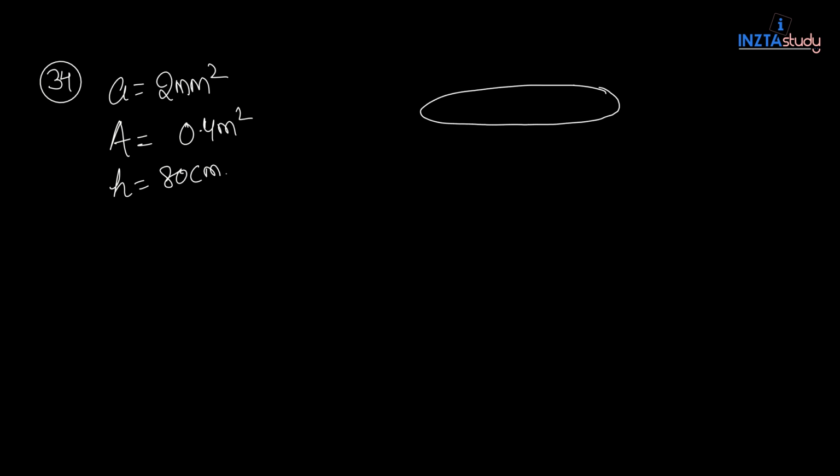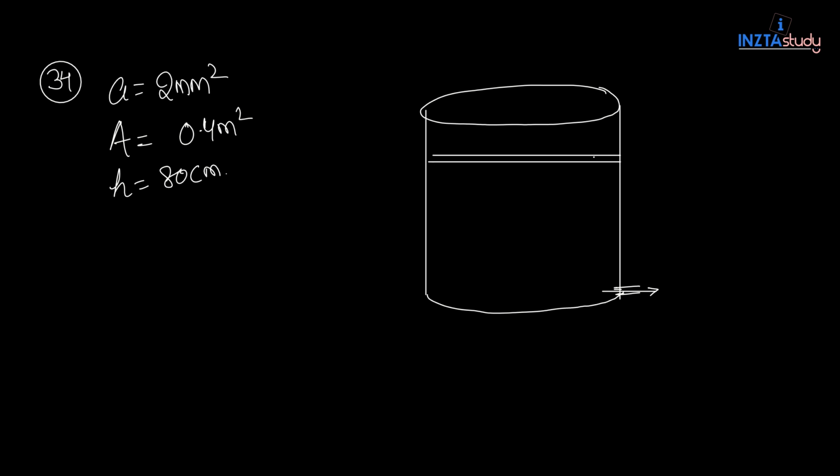Now this is the tank, and suppose it is leaking from the bottom. It is given that the atmospheric pressure is P. Suppose this is the water level, which was at t equal to 0. Here it will have atmospheric pressure, and here it is open, so here also there will be atmospheric pressure.